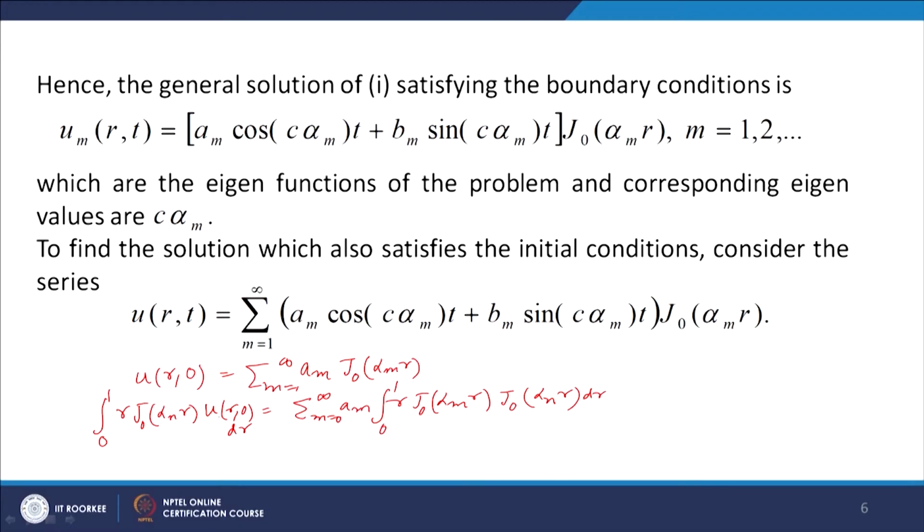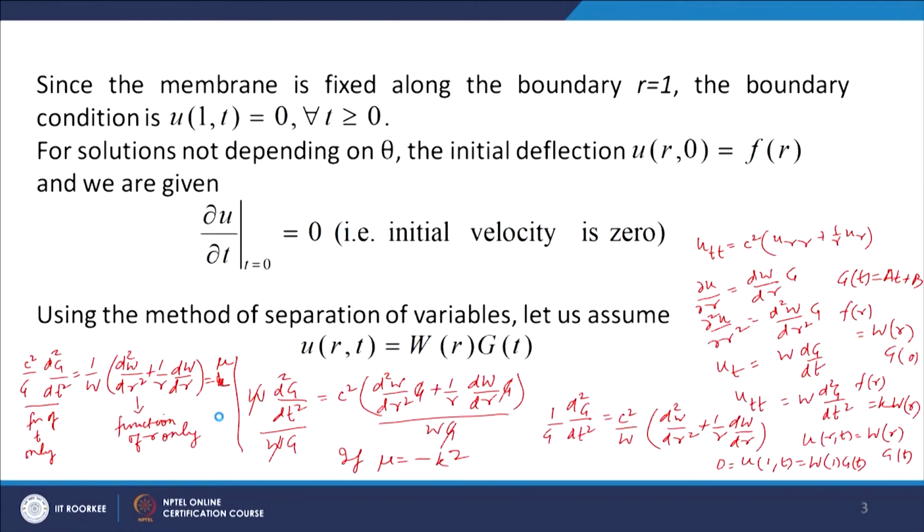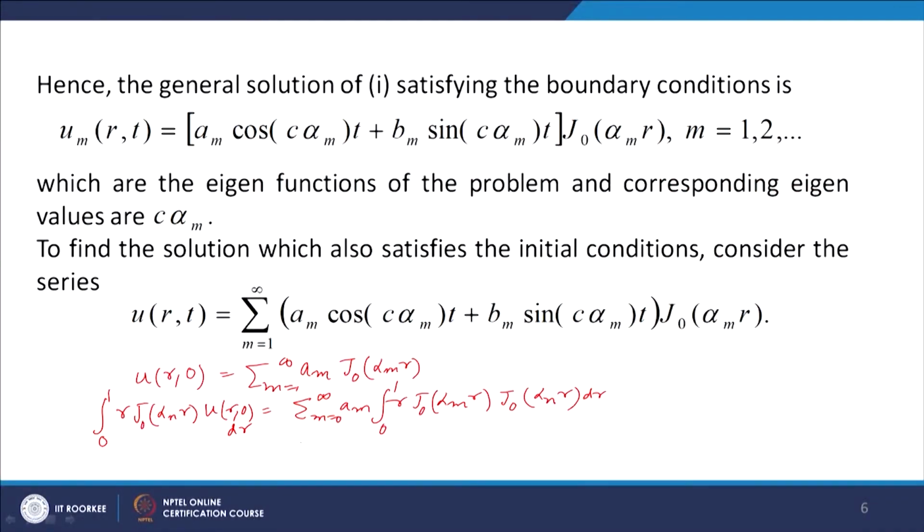Okay, so U(r,0) is given to be equal to f(r). So let us put its value there, and we will get integral 0 to 1 r f(r) J0(alpha n r) dr equal to summation m equal to 1 to infinity am times integral 0 to 1 r J0(alpha m r) J0(alpha n r). We know that Bessel functions are orthogonal with respect to the weight function r. So J0(alpha m r) and J0(alpha n r) are orthogonal to each other with respect to the weight function r. So the value of this integral is 0 when m is not equal to n, and when m is equal to n we will have